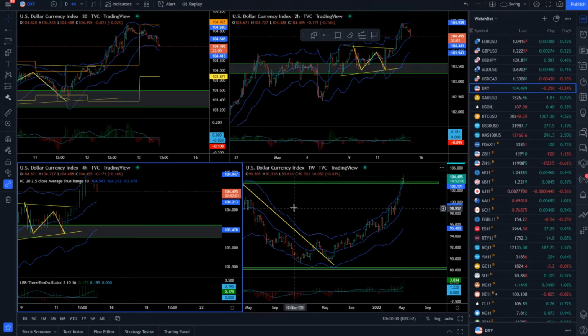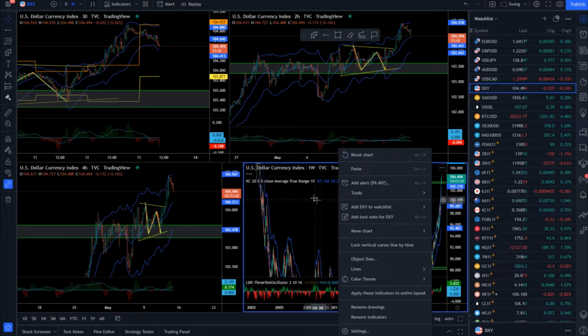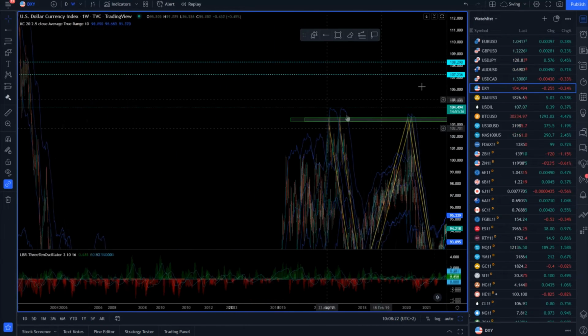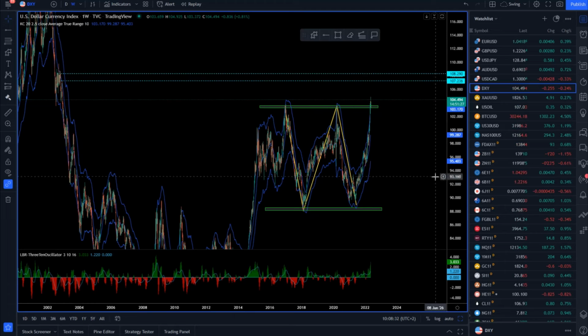Now, speaking of the US dollar index, the market is having a pullback overnight. I don't see any kind of reversal at this stage. I see that the market went to 104.90 and then pulled back here. If we check a bigger picture, I will consult my weekly time frame. The next important pivot highs on the weekly time frame are set at 107.20 and 108.20, right? And we're sitting at 104.50.